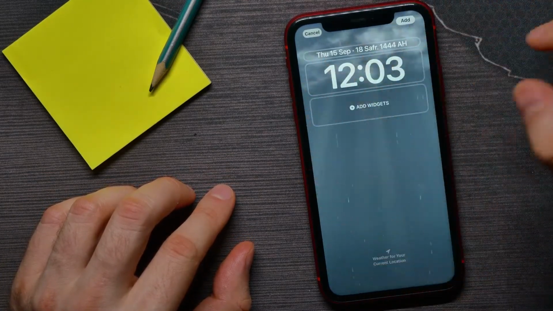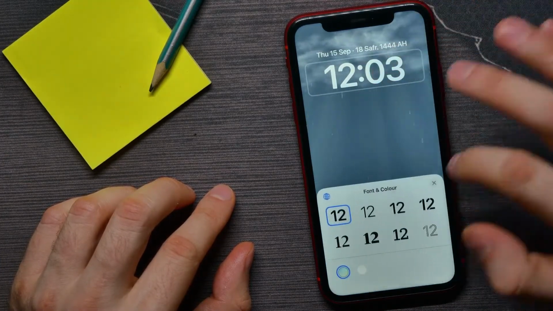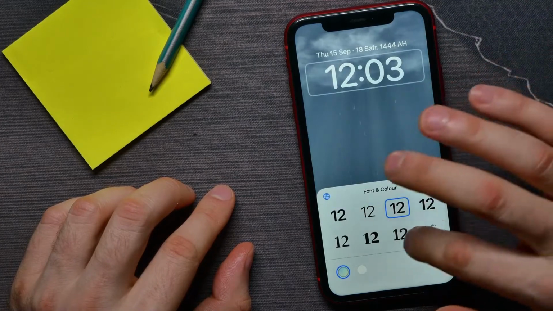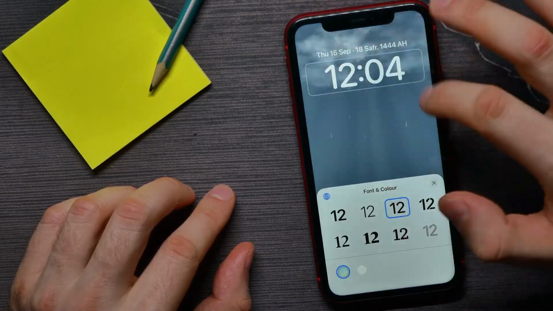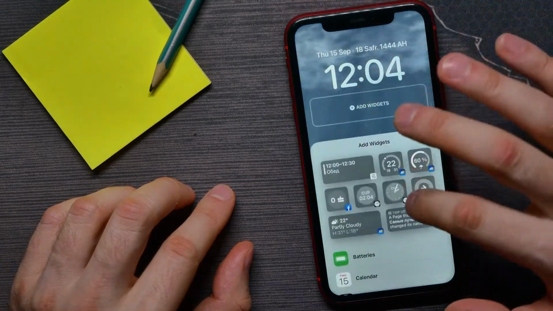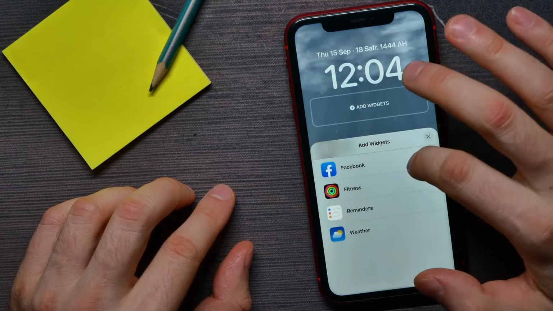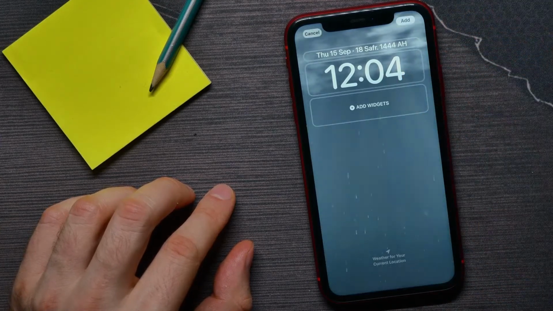Now it shows you dynamic weather wallpaper. You can customize it in any way that you want. For example, you can tap here and change font and color of clock widget. Also, you can hit there at plus sign and add here some widget from that list,